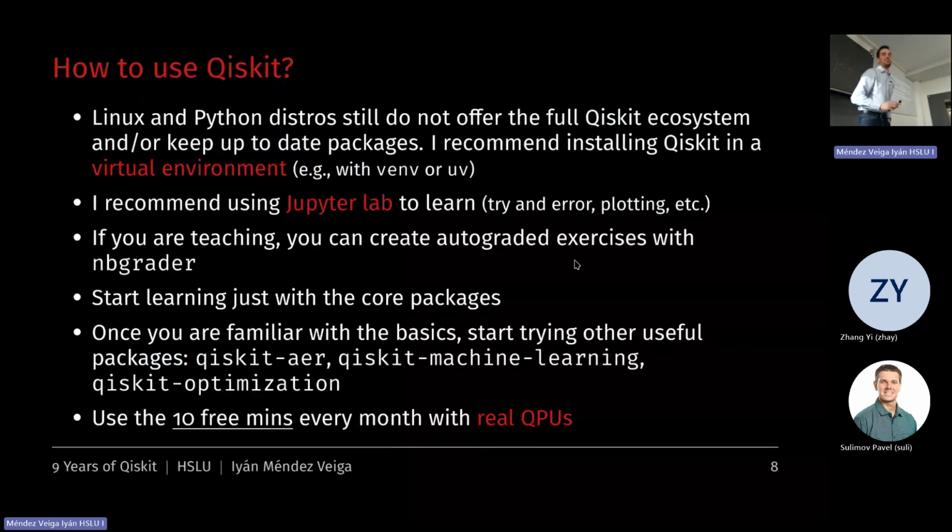All right, and the final recommendation is to use the 10 free minutes. So with a free account, you can use real quantum computers, 10 minutes of computation for free every single month. So just give it a try. Now with the new platform since October, I think you have to give a credit card, but still they will not charge anything if you stick to the open plan. And also they will not trick you, because if you check the prices, it's like $90 per minute or something like that. If you are over your 10 minutes, it will not start charging you. You have to change the plan from the open plan to the paid one.